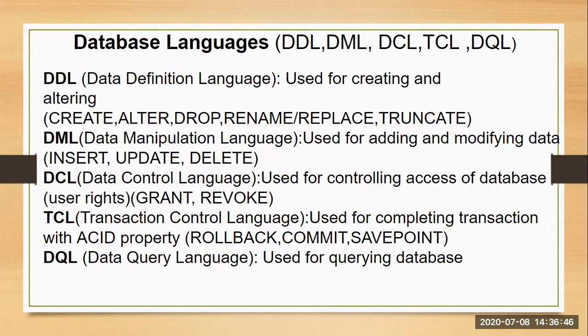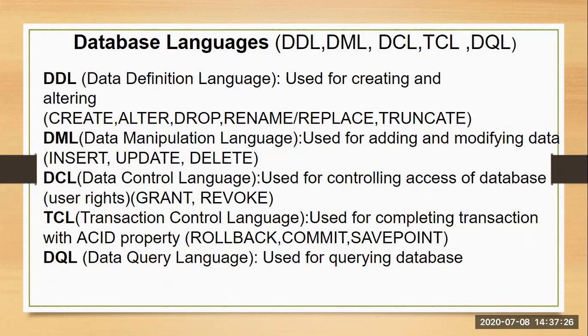Next, we are moving to DML, that stands for Data Manipulation Language. When I talk about data manipulation, it refers to manipulating your data, that is, adding or making changes to your existing data. The commands used for DML are the insert command, update command, and delete command. Next comes DCL, that stands for Data Control Language. Whenever you want to have control access over your database, whenever you want to give rights to your users, you will use DCL, which controls your database by giving rights to different people. The commands used here are grant and revoke.